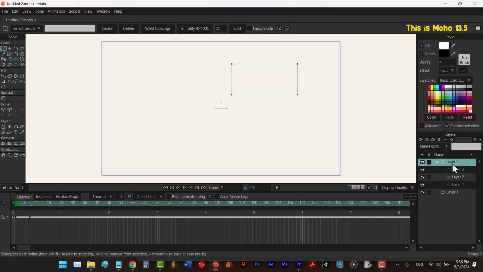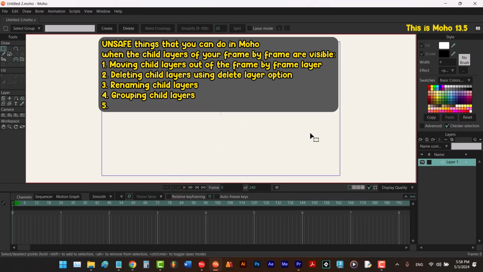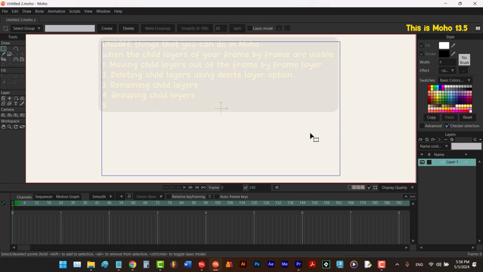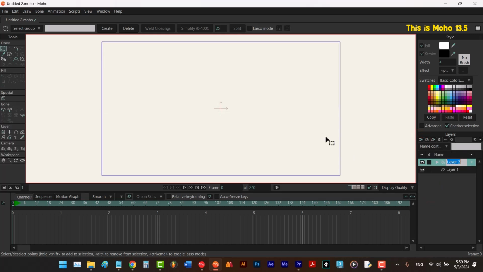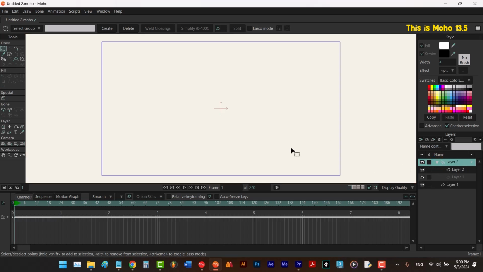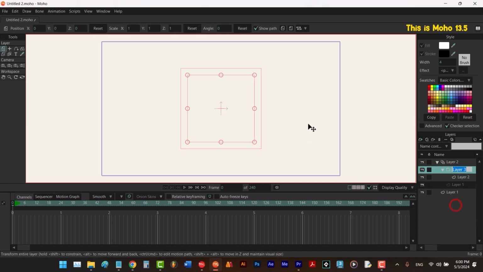So most of the time, if you just hide them, these types of problems won't happen. And the thing is, the same crash problem happens to groups as well. For example, here in Moho 13.5, if I create a frame by frame layer and hit enter to confirm its name, let's say we make our child layers visible and then press F5. The problem happens if you go back to frame 0, right click on this layer and put it inside a group,